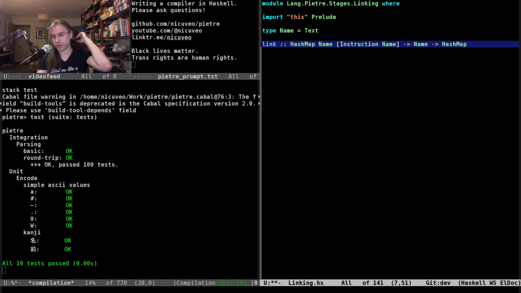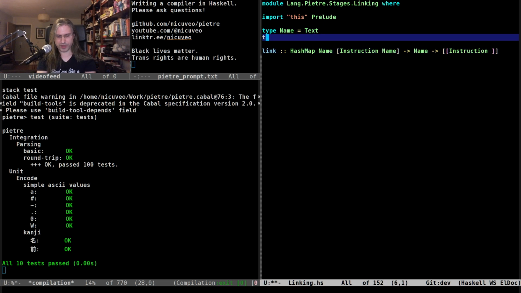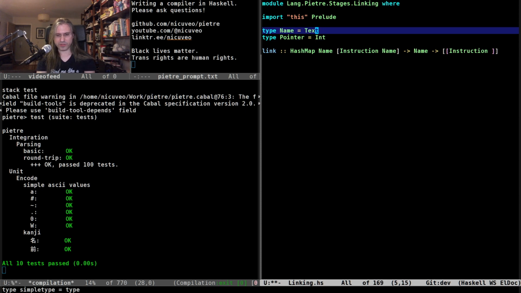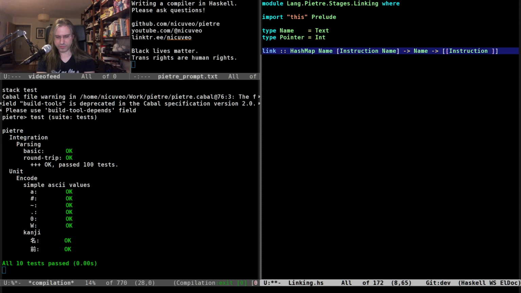And the output of this is going to be a list of lists of instructions in which the address is no longer a name, but it is, let's call it a pointer, which is an int. And then it's just a matter of rendering this list of instructions into an image.